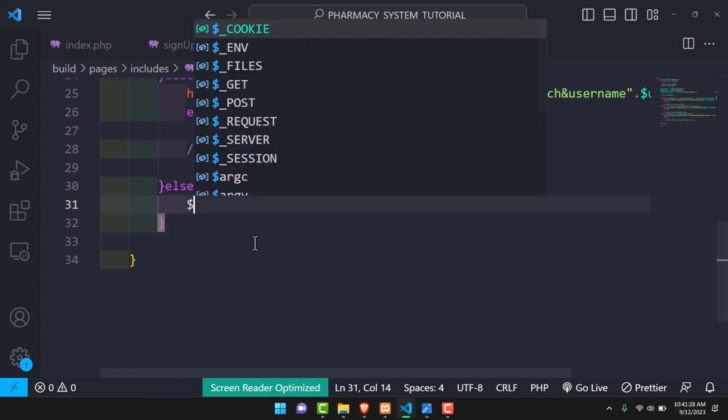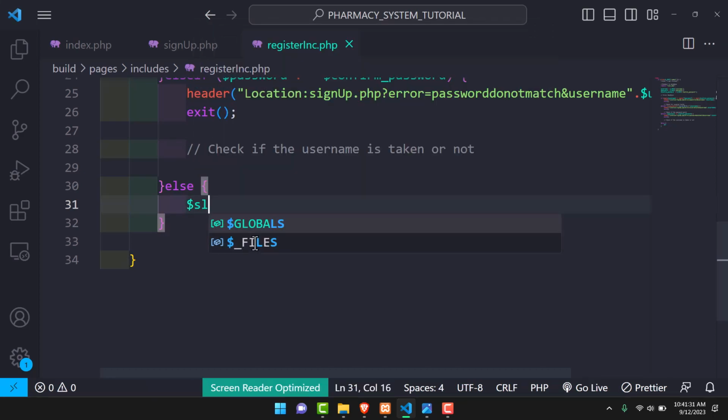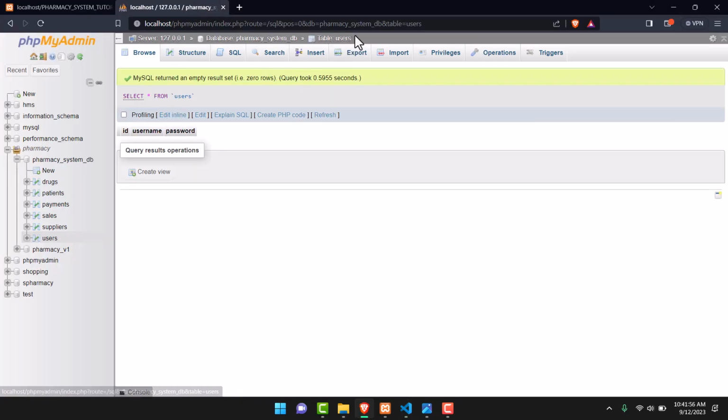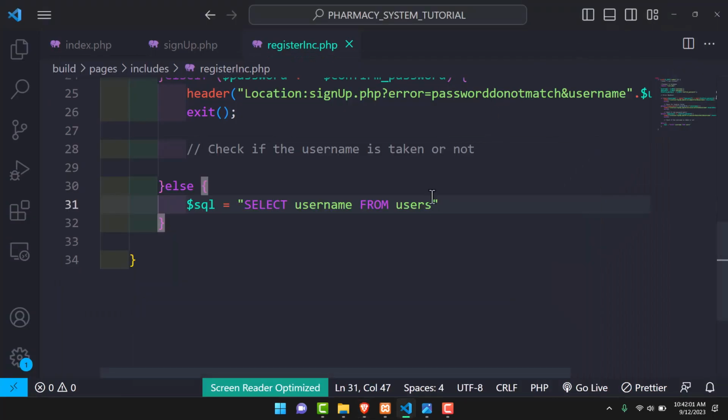So I'm going to write an SQL statement, so SQL that is going to help me to select, and I'm going to select the username from the table users. Remember, we have created a database that has that table of users. As you can see, right now it is empty because we have not provided anything. So we are selecting information from that table, and so we are saying where